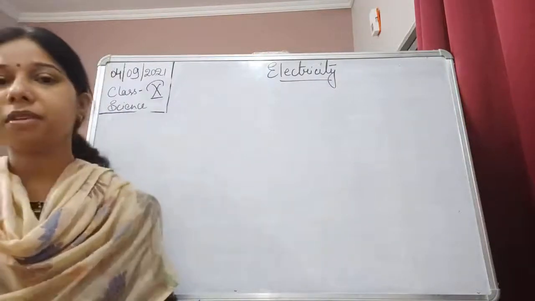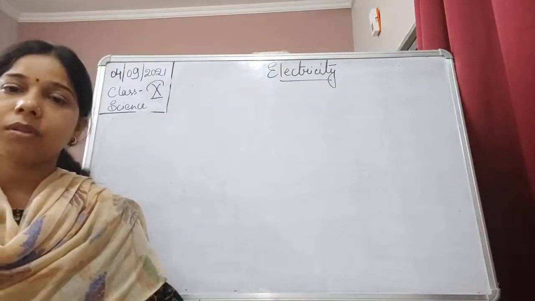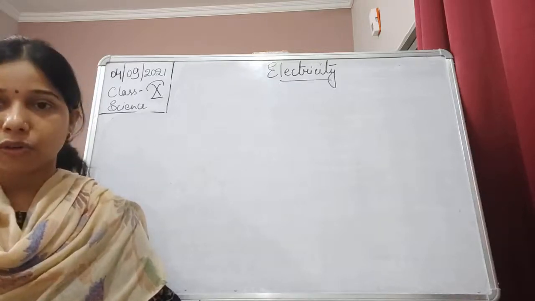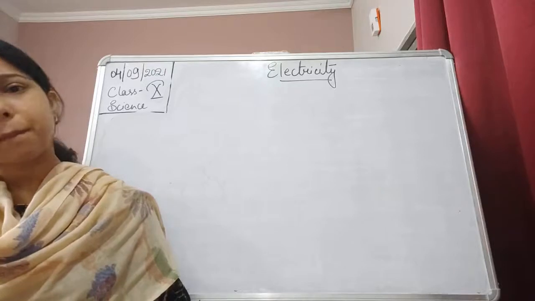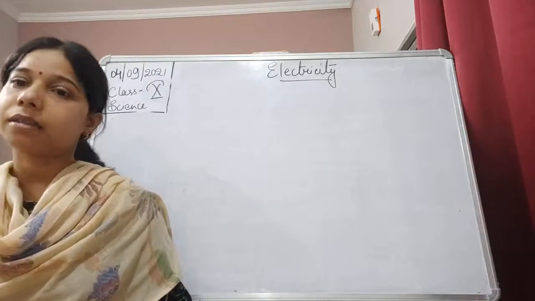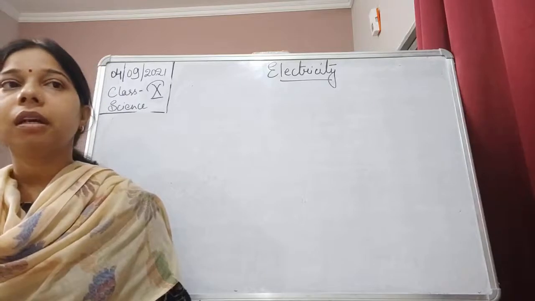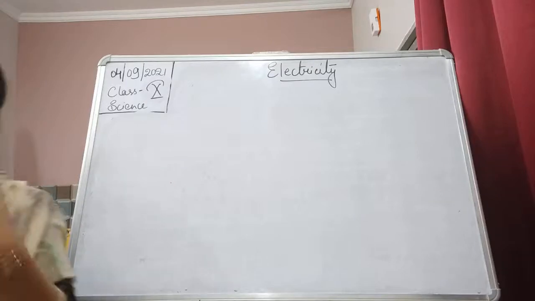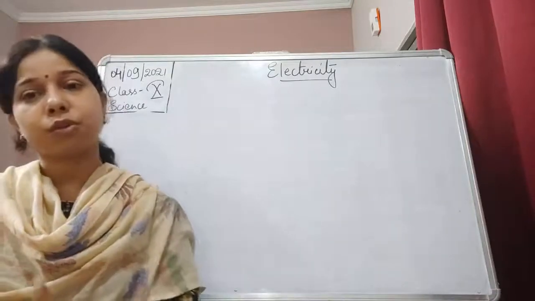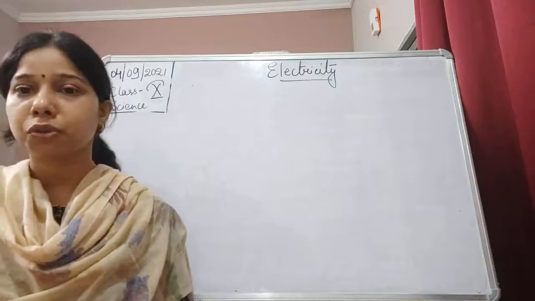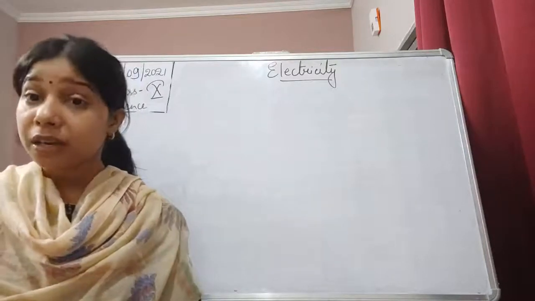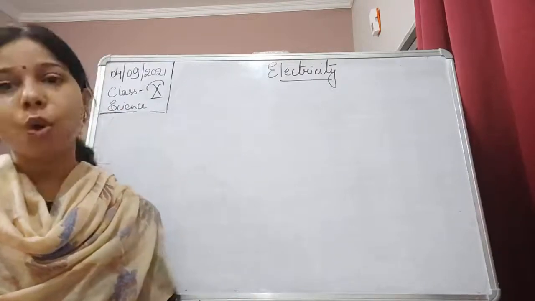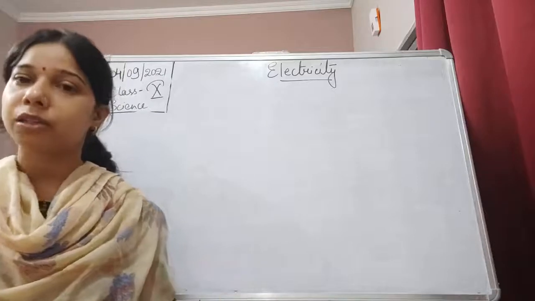So students, in the previous class we started with the chapter on electricity, and in this one we discussed charges, how charges are produced, the importance of electricity, as well as electric current. We have seen how the transfer of charges occurs, and how charge is related to the current, meaning how the charges together constitute an electric current, and the relationship between the current and the charges. So electric current is nothing but the flow of charges in a conducting wire,